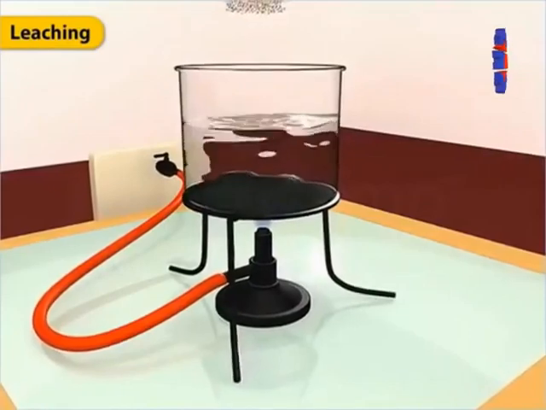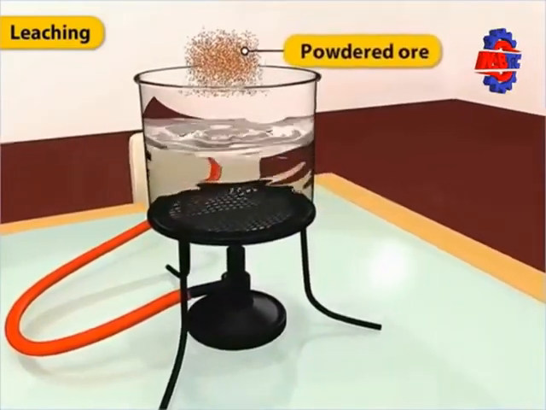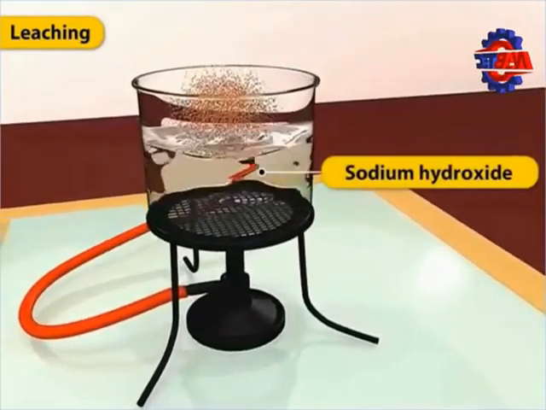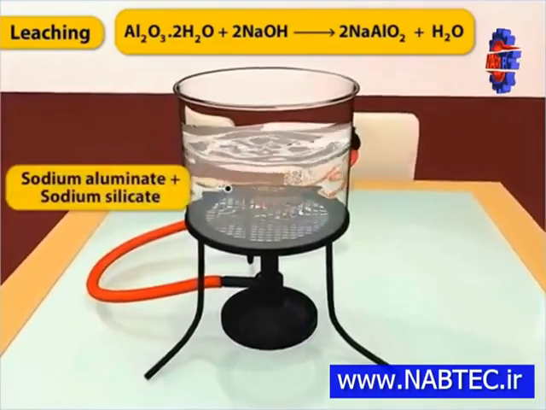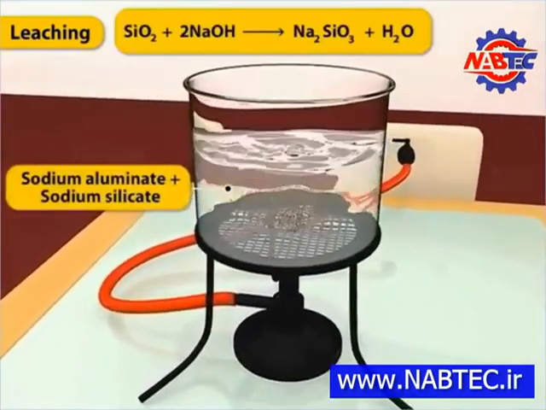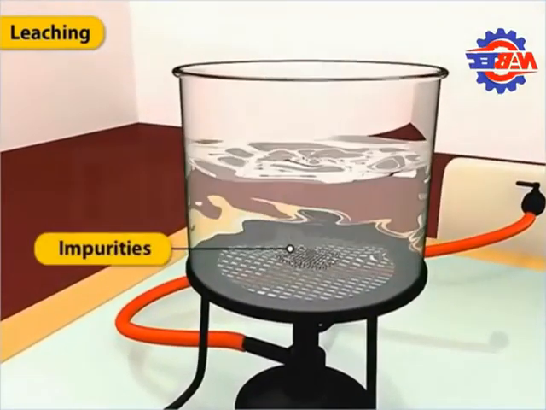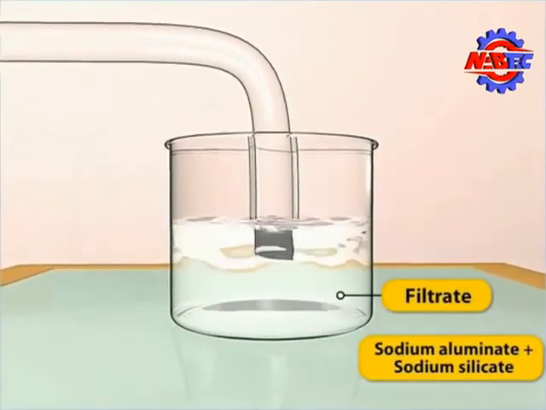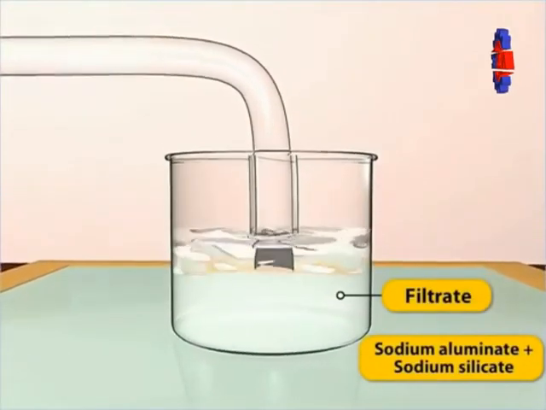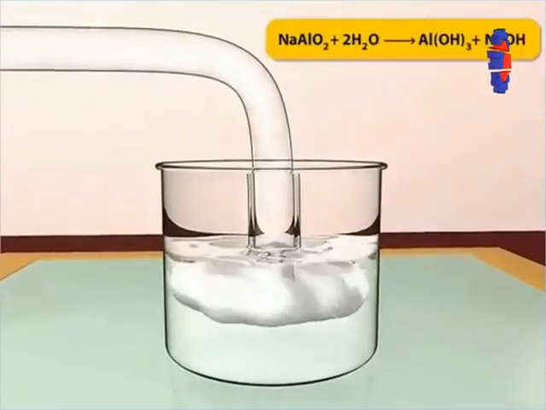In the leaching method, the powdered bauxite ore is treated with a hot and concentrated solution of sodium hydroxide. The ore dissolves in sodium hydroxide to form sodium aluminate, and silica dissolves to form sodium silicate. The other impurities, however, remain undissolved and are later filtered out. The filtrate containing the sodium aluminate and sodium silicate is further treated with carbon dioxide gas. This leads to the precipitate